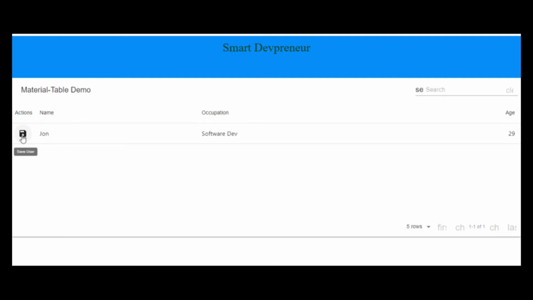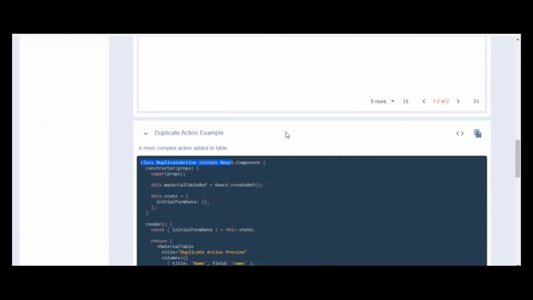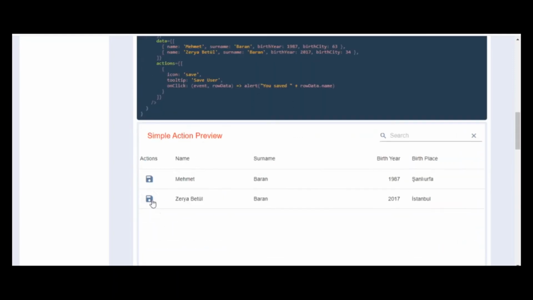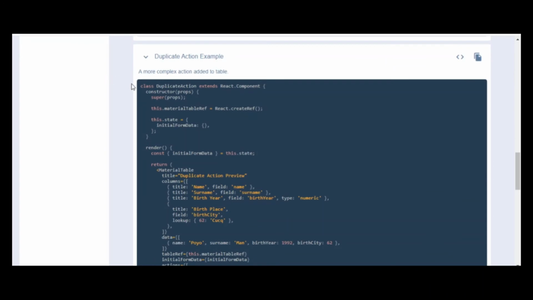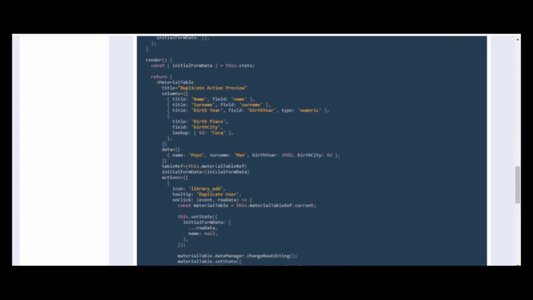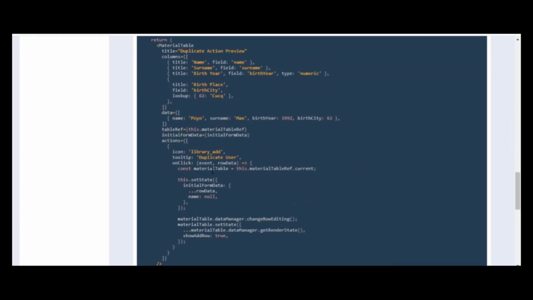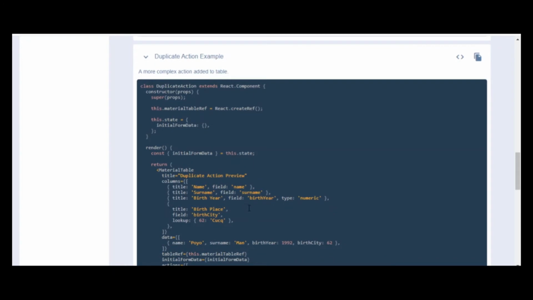It looks like it's running here. We see this save user icon, so that's good, but we'll come back to that in a moment. So we've implemented this simple example that they have in the docs. Okay, great, looks good. I actually attempted to implement this duplicate action example that they have, and I was unsuccessful. I spent a couple hours trying to get it implemented as I was doing some research to make this video. And my conclusion, after seeing an error that literally was this.prompts.data is not a function,